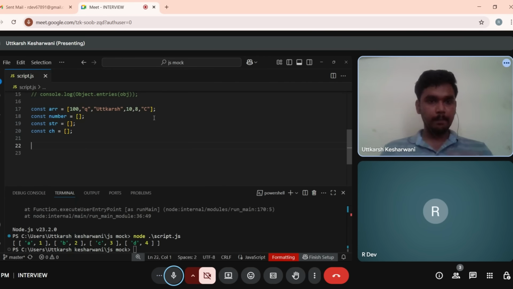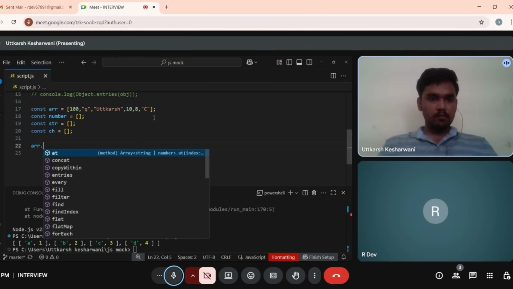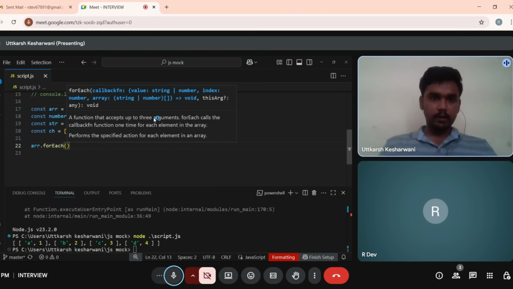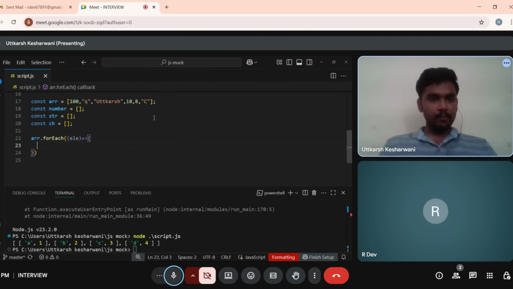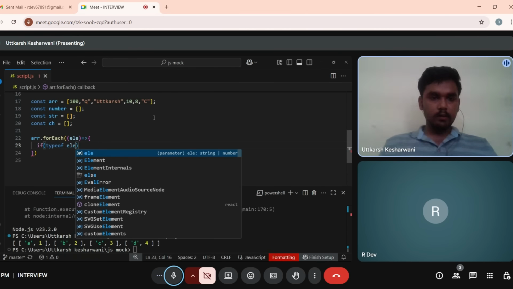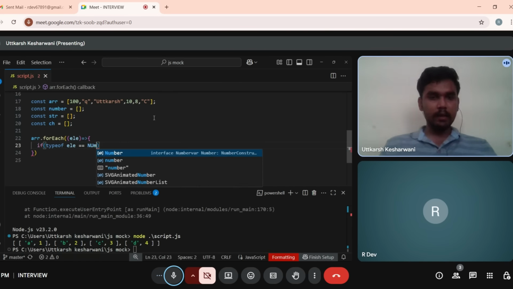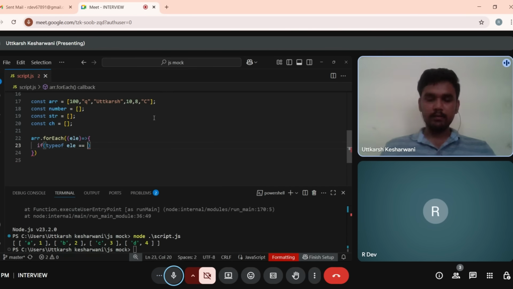Yes. So first we need to iterate over the array. We can do it with the help of the forEach method, and we need to check the type of the element. I can't remember the syntax, but I guess then I need to write